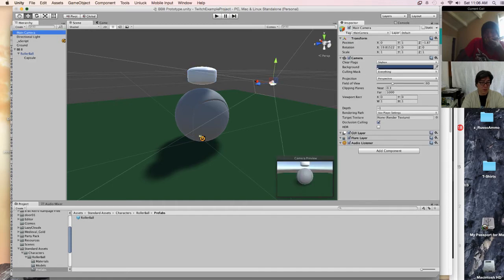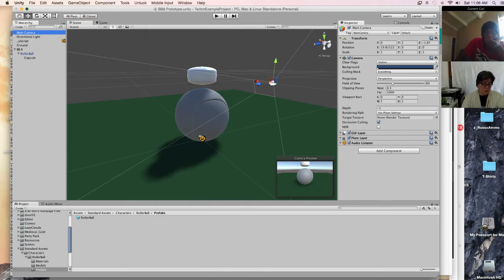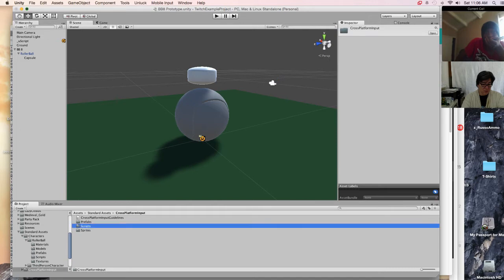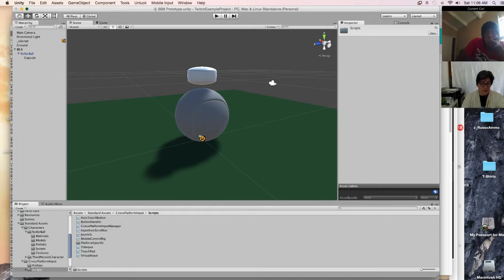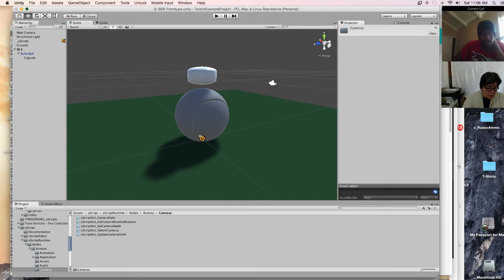Let's get the camera to. Standard assets. Isn't there a camera in here? Let's do this. What are we trying to do now? I was gonna put a camera script on it, but I guess I didn't bring those in, did I?